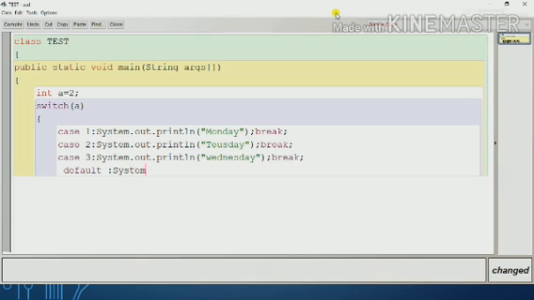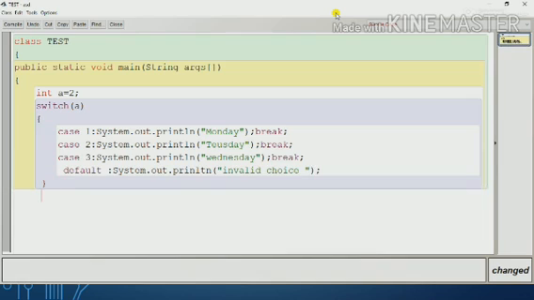Suppose a message is to be executed, let's say invalid choice. This is the ending of switch, and after that main will be closed, and after that the class will be closed. Let's see by compiling.